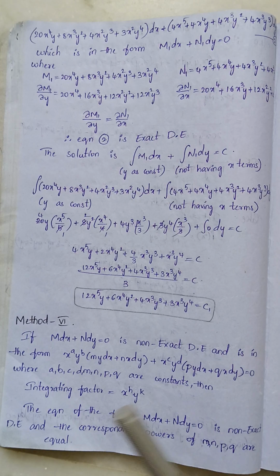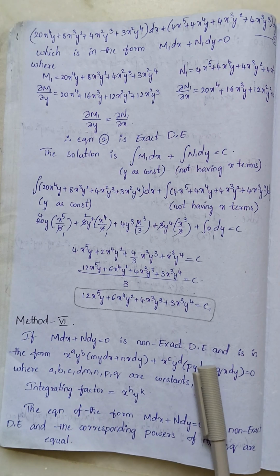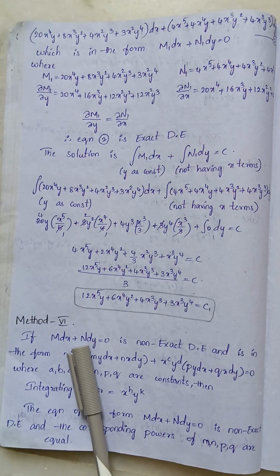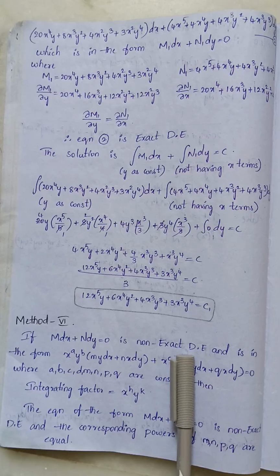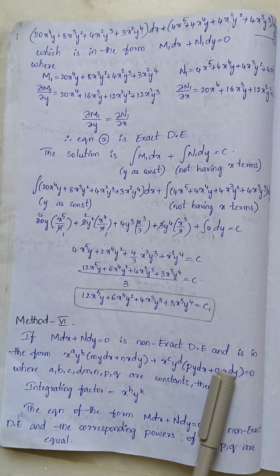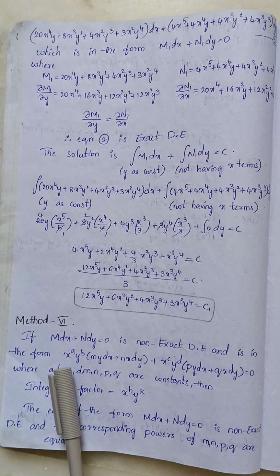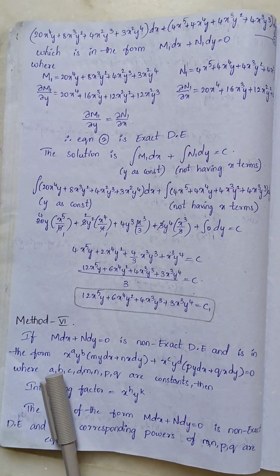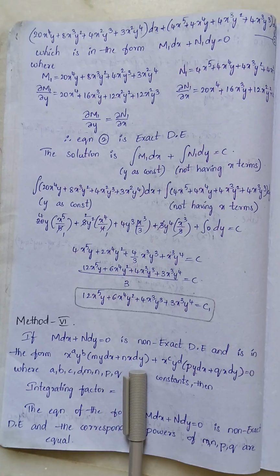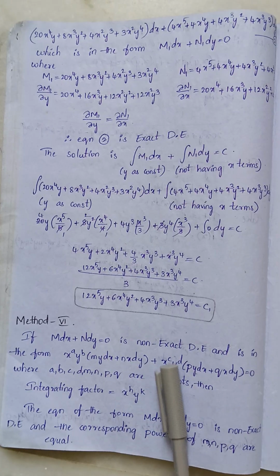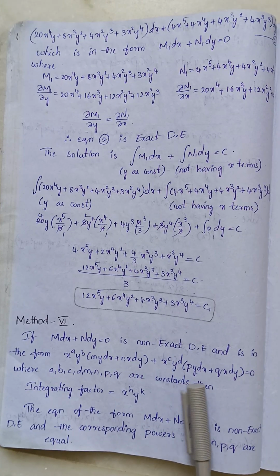Today we are discussing the sixth method of non-exact differential equations. The form M dx plus N dy equals 0 is given and it is a non-exact differential equation. Suppose it is of the form x^a y^b (m y dx + n x dy) plus x^c y^d (p y dx + q x dy)